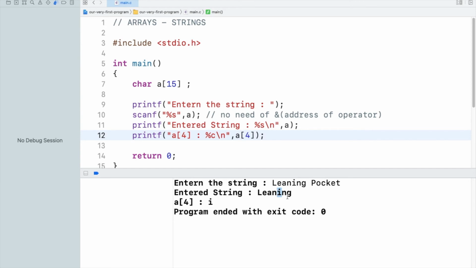So now let's try to access if we are getting a problem with the printing or the scanning. If I'm going to access the 1 2 3 4 5 6 7 8 ninth character, or you can say the ninth index of the learning pocket, I will see whether we are not able to scan that section, or we are not able to print that section, but that section is getting saved. So let's see what is going on in here.